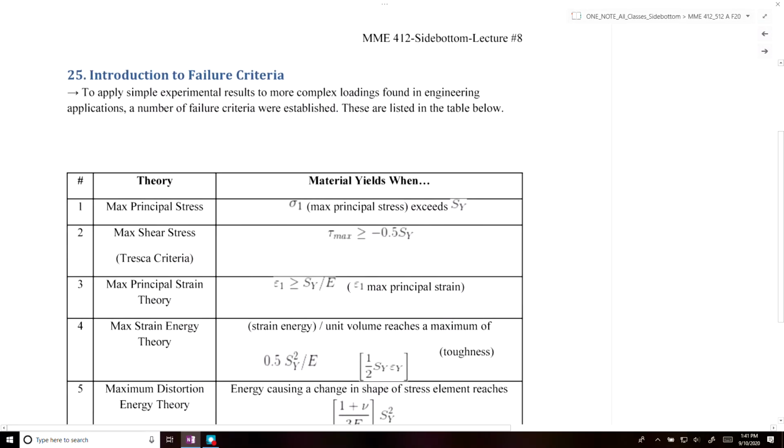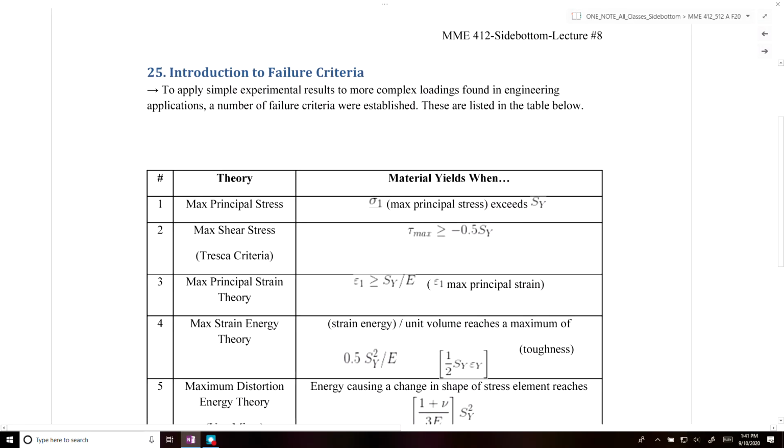Once you know the material that you're using, you can choose your strength, so that you know the strength of the material. The question now is, how do we relate the strength to complex engineering conditions? In order to determine whether or not a material will fail if it's undergoing complex loading,